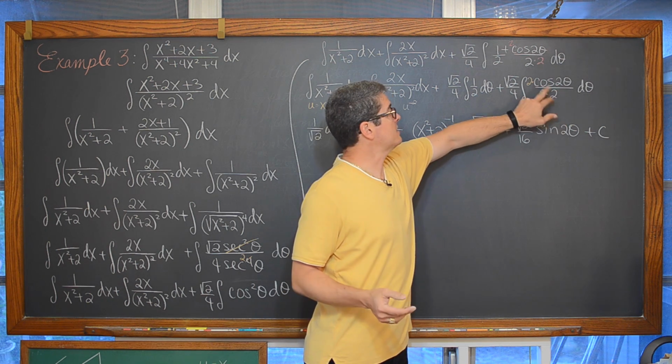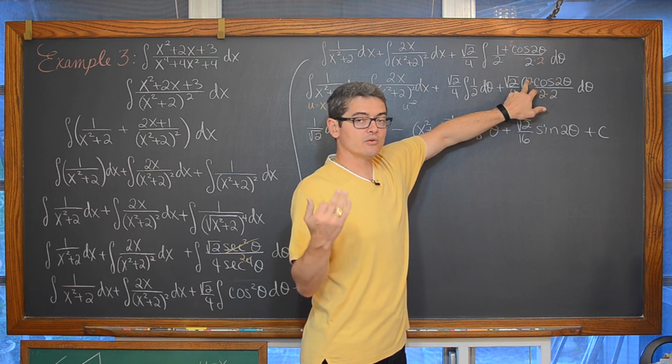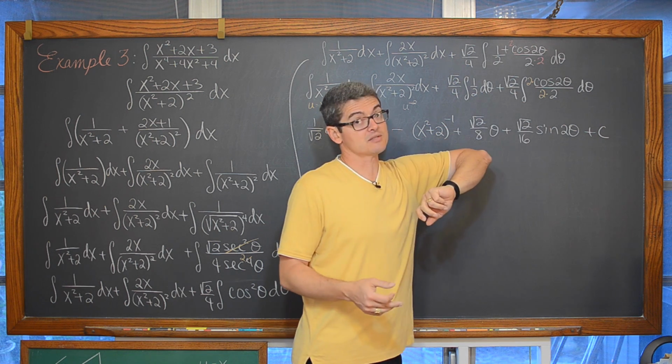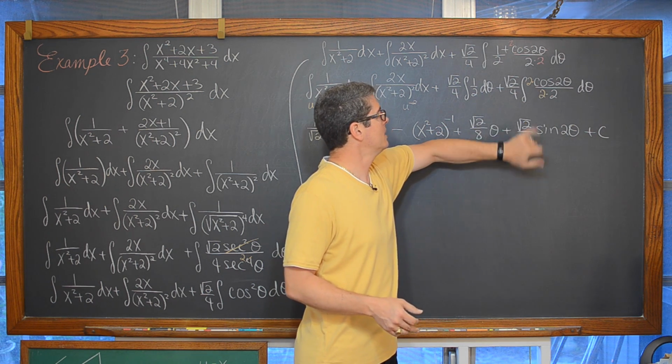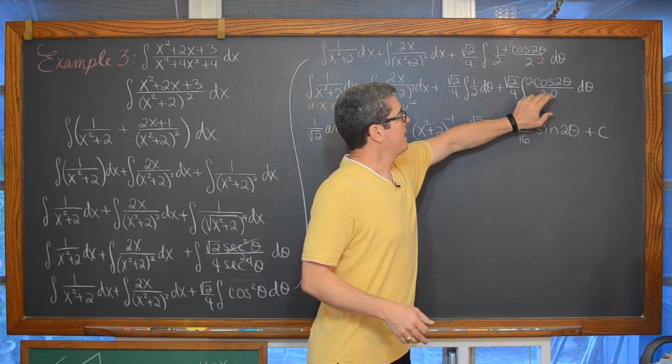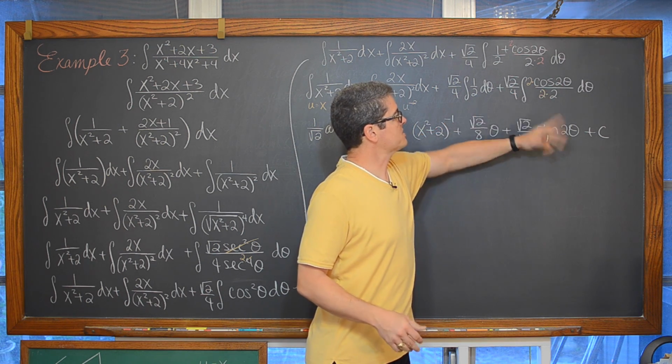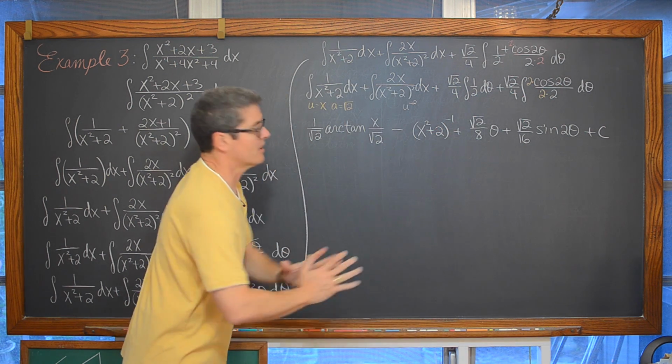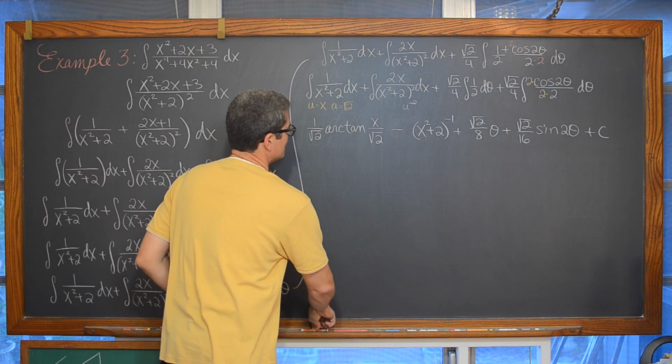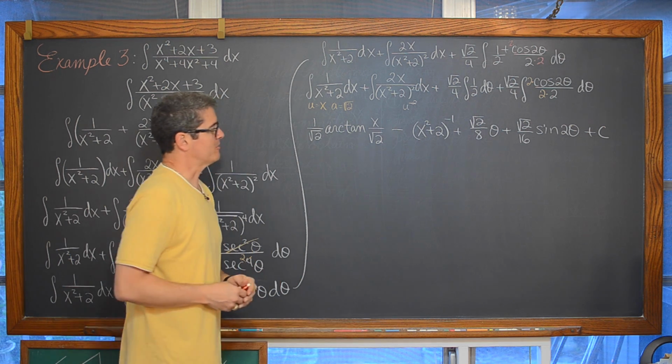The derivative of 2 theta is equal to 2. Introduce multiplication of 2 in the numerator, got to balance it out in the denominator. 2 times 2 is 4. 4 times 4 is 16. And the integral, of course, of cosine is sine. All right, now we got all that cleared up and don't have any small mistakes, I believe now.